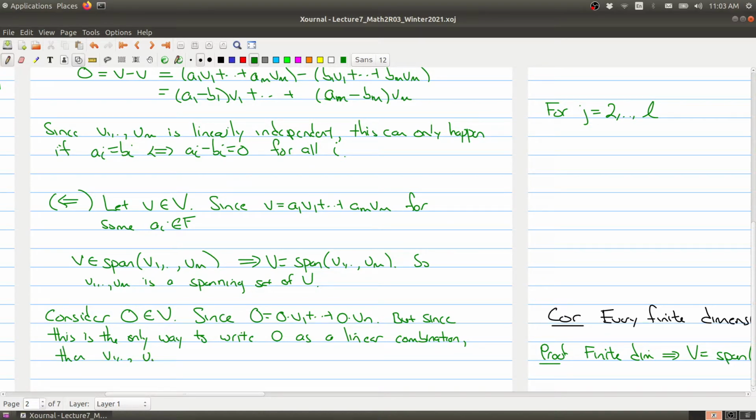So V1 through Vm are linearly independent. We have that our set of m vectors is both linearly independent and a spanning set. So V1 through Vm is a basis. I have just enough room there to finish off the proof. Okay, so that proves a useful fact about checking whether something is a basis, and it's a useful property when you're trying to prove things.